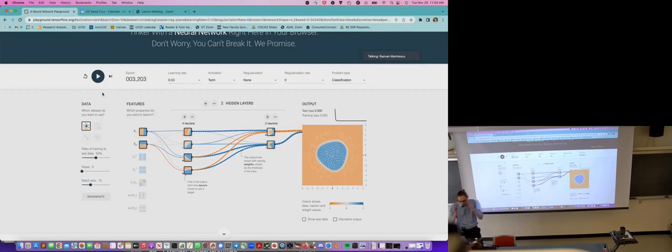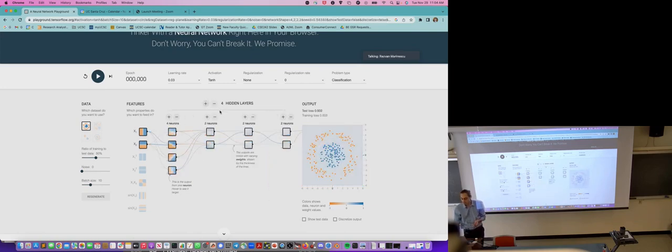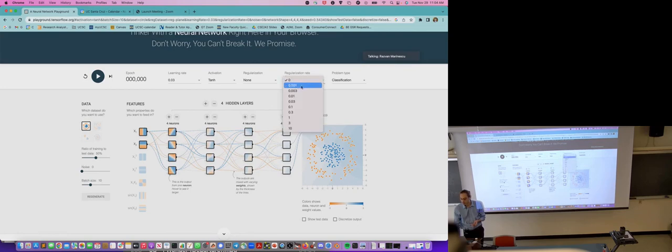So how about we do the following thing? How about you try just this data set, the first one. I'll give you 2 or 3 minutes, and you try playing around a bit with the number of neurons, the number of hidden layers. Here I can add more hidden layers and more neurons in each layer, and see what happens. Also try playing around a bit with the regularization rates and the learning rate. Try to increase the learning rate from 0.3 to 1, see what happens. Change the activation, change the regularization, and so on. I'll give you some time to play around a bit with that.